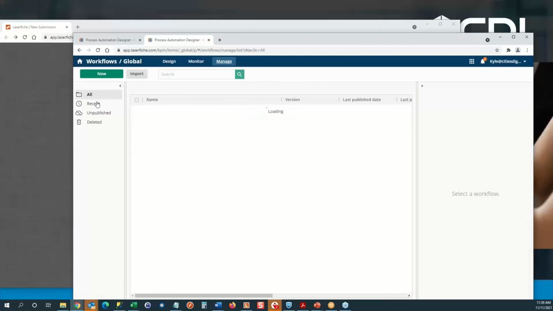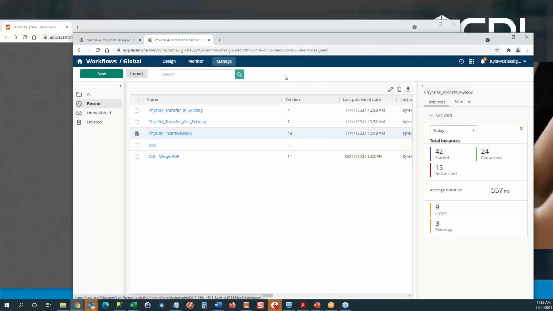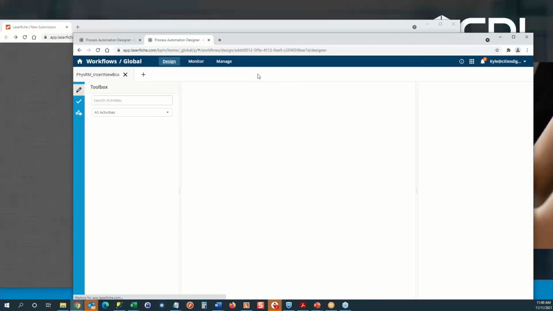And this is the way it looks in cloud. You won't see this on premise. You'll have your workflow designer Windows application that you'll be using. And if we take a look at the workflow that was built here in the cloud, or that I built,